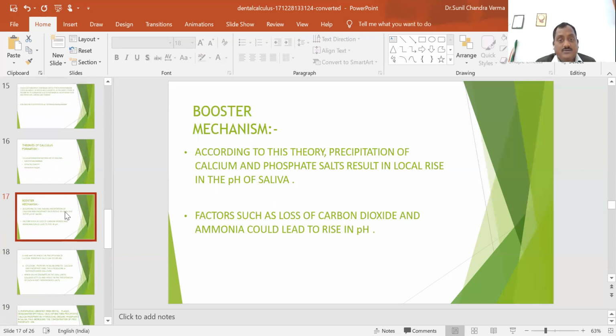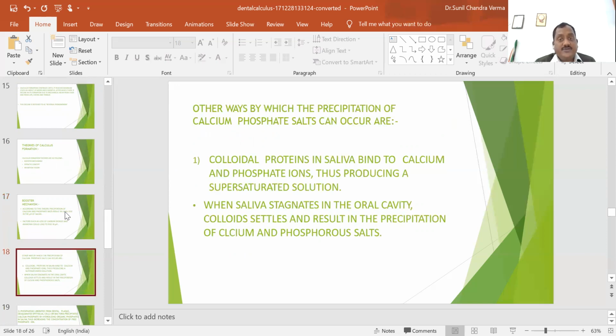In booster mechanism, according to this theory, precipitation of calcium and phosphate salts results in a local rise in pH of saliva. Factors such as loss of carbon dioxide and ammonia could lead to a rise in pH. The other ways by which precipitation of calcium phosphate salts can occur are: the first is colloidal protein in the saliva binds to calcium and phosphate ions, thus producing a supersaturated solution. When saliva stagnates in the oral cavity during night especially, colloids settle and result in the precipitation of calcium and